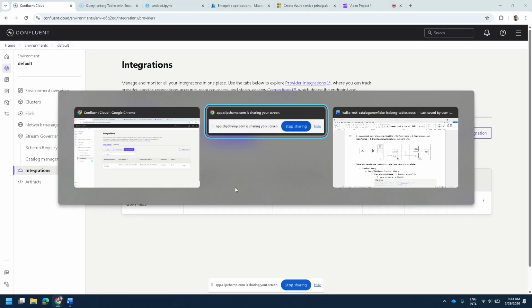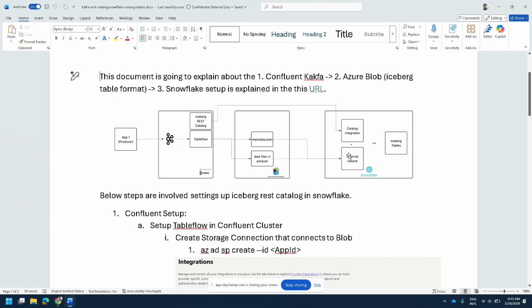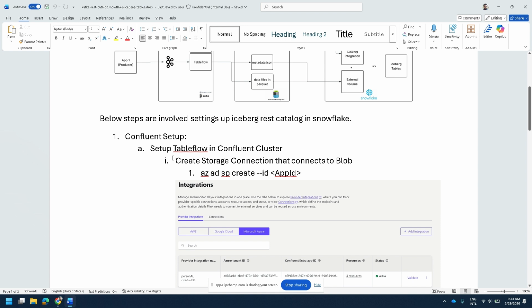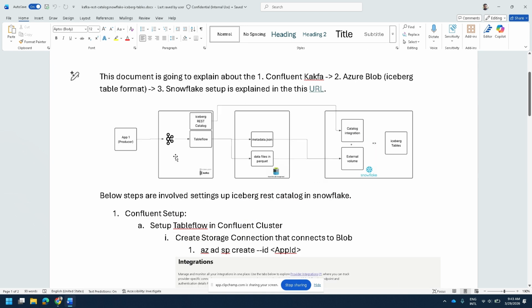Hi all. Today I'm going to talk about zero copy and how you can enable it between Confluent Kafka and Snowflake. So first we will see the agenda, then a quick demo. Probably I'll create another video which is a detailed step-by-step walkthrough and a demo of how you can create the table